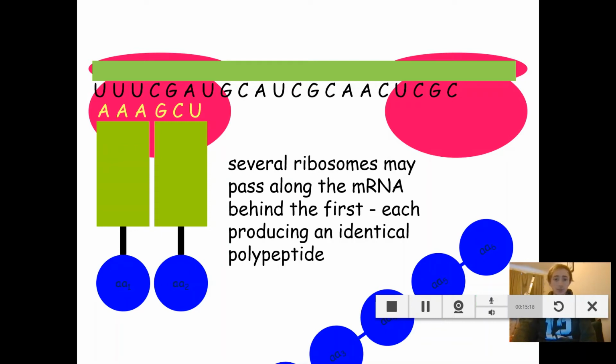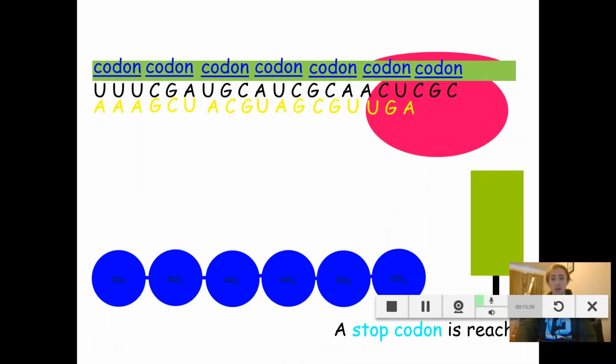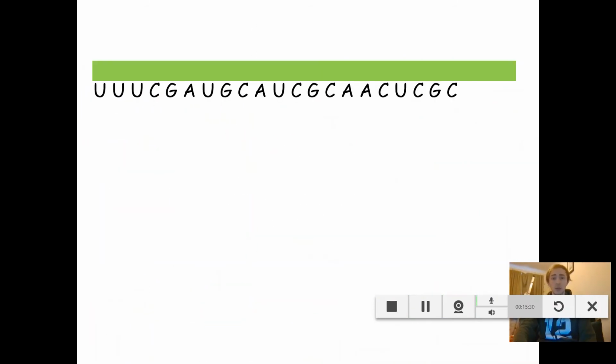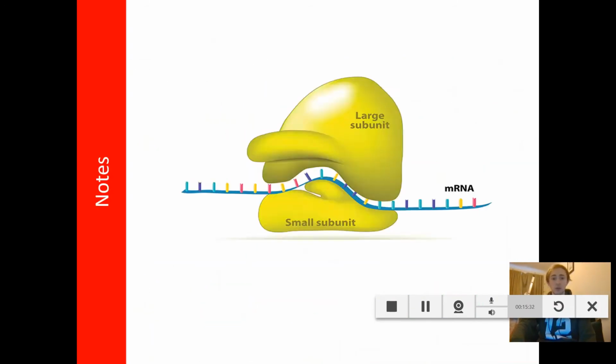So let's go over this again. I'm going to talk through it a little bit more slowly. I recommend you pause me at several points and take down these notes. Let's go right the way back to the beginning. This is quite complicated for some people, so don't stress if you're finding it difficult.